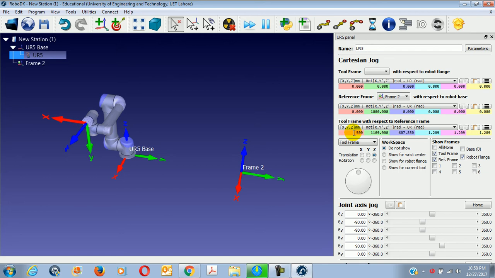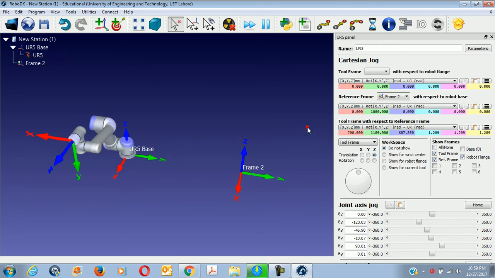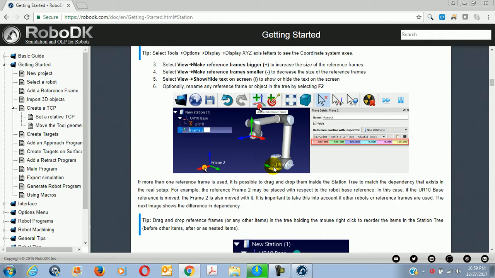It should move towards the left. Okay, not left, because right now the base frame has the x coordinate coming out like this. So that is why it's moving in this direction. We can undo, like this. Going back,